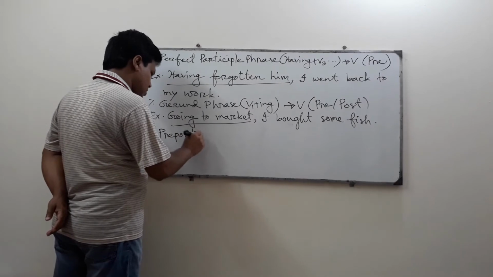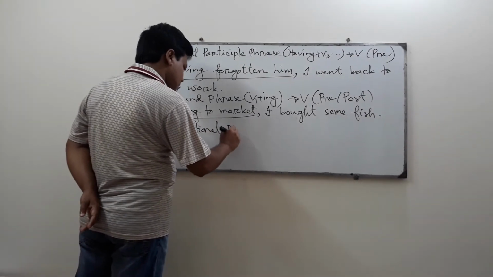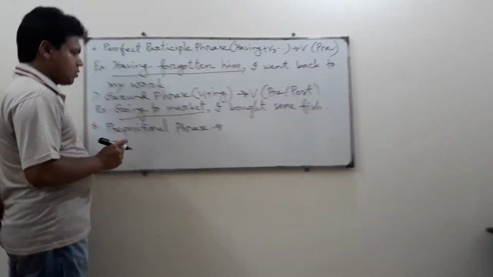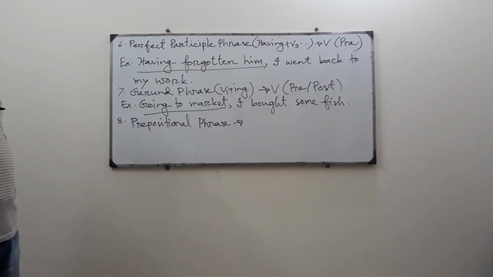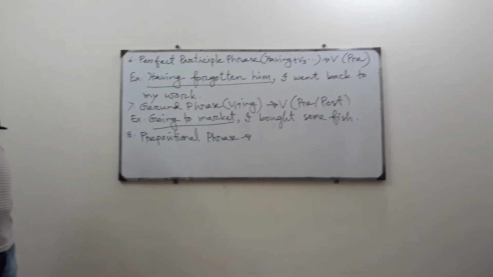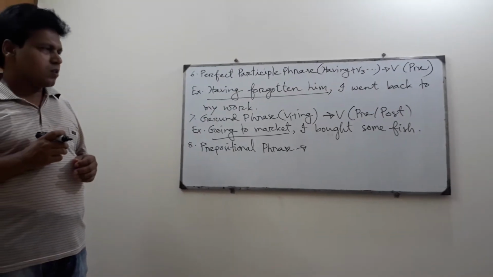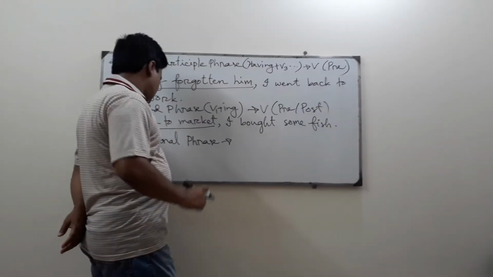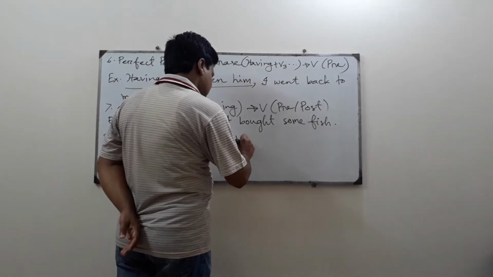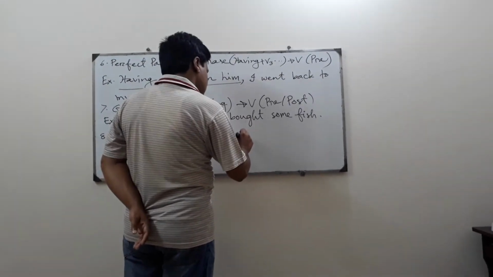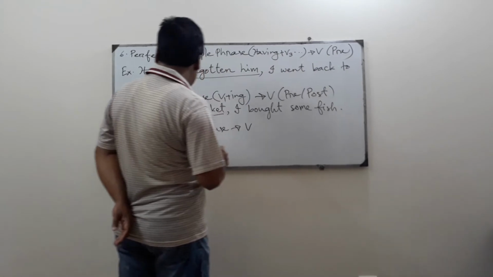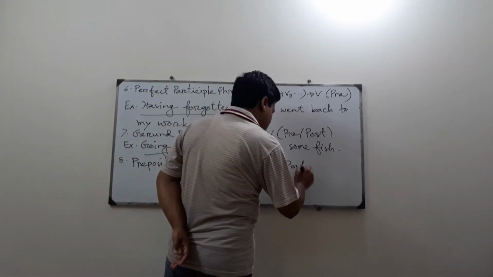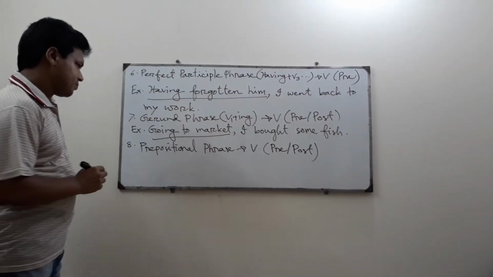Prepositional phrase. We know that a prepositional phrase is a kind of phrase which acts like a preposition or which is used instead of a preposition. Here, a prepositional phrase usually modifies a verb, and it may be a pre-modifier or it may be a post-modifier. Example,